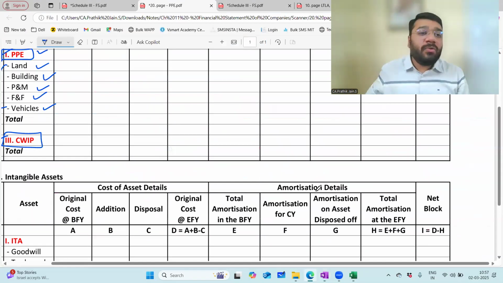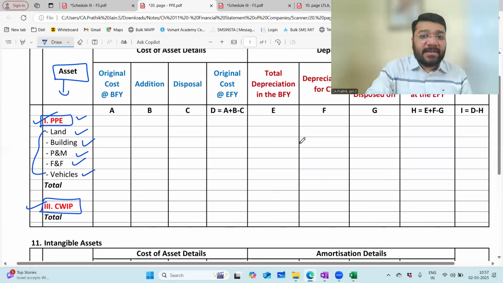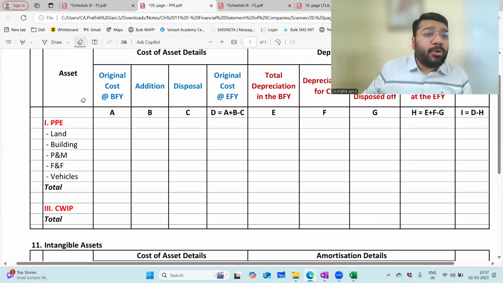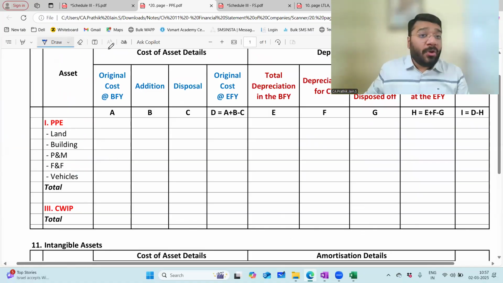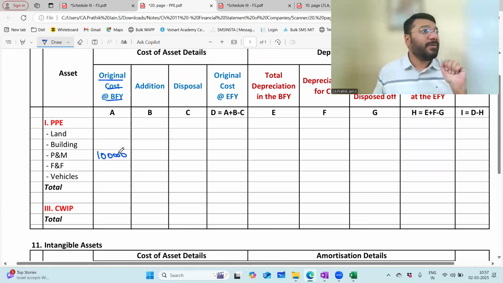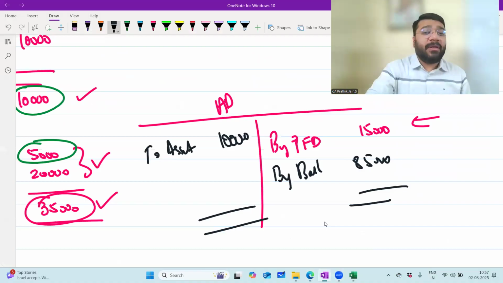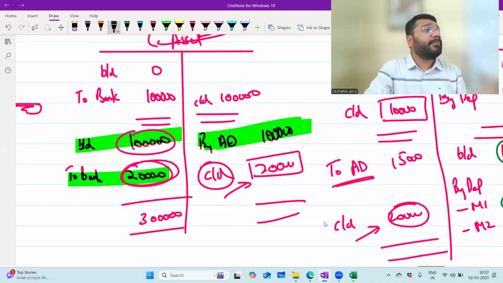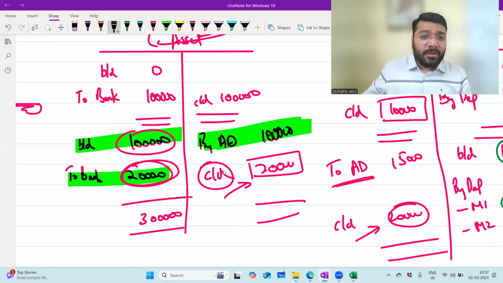Now this data, how do we put it here? Can I say this is the data of the plant and machinery? So what is the original cost? I'm talking about the second year. What is the original cost at the beginning of the financial year? 1 lakh. I'm substituting the data from the ledger to here. In the ledger, if you have any problem, please ask me. No problem? Okay. So now,